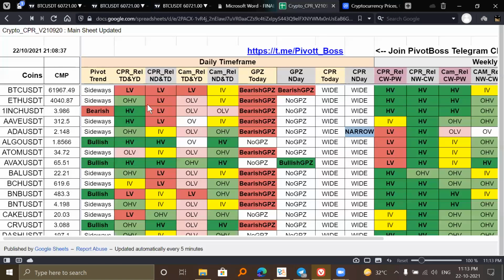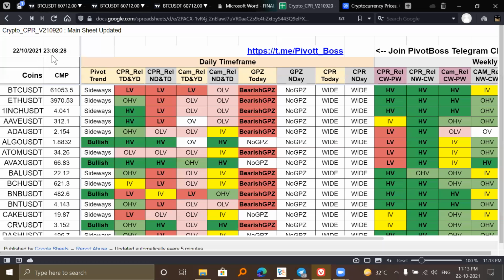This sheet automatically updates itself every 1 hour. See, last it was updated 21/8. I just refreshed it, see, it is 23/8 now. So this pivot trend is